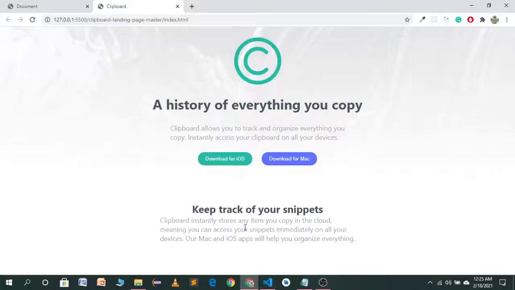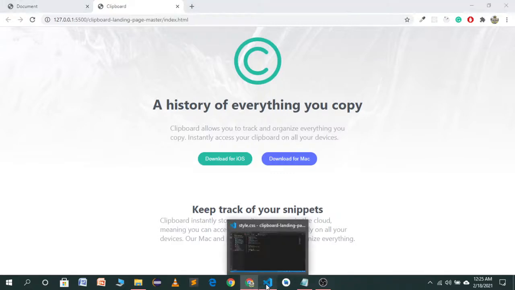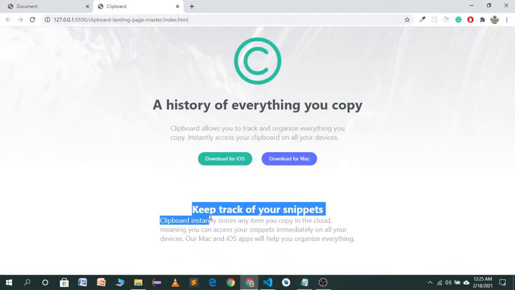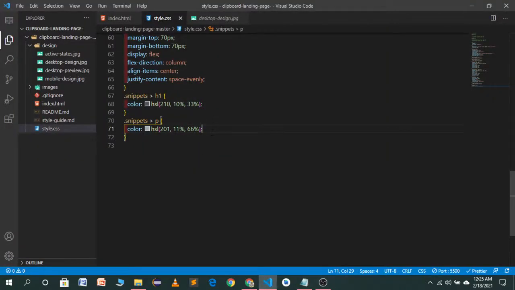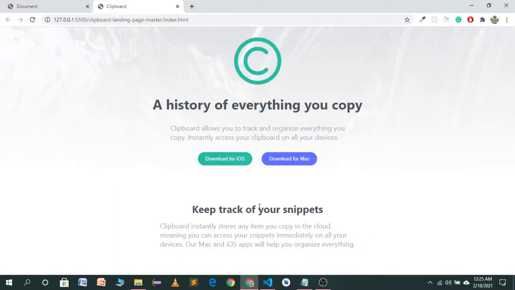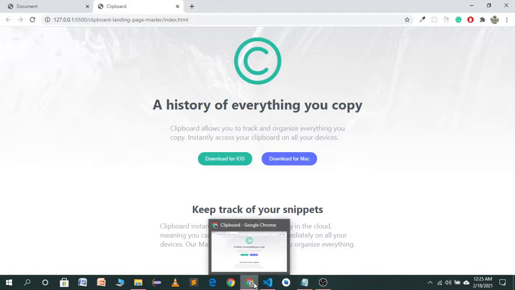So let's see, as you see these has changed their design. So we have to give a margin to our paragraph because we want a space here between heading and paragraph. So let's see, margin bottom, let's target only margin bottom. I think 15 pixel will be enough. Let's see, now it's looking great. 15 pixel is looking good.